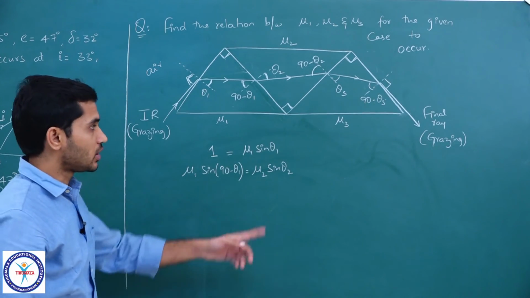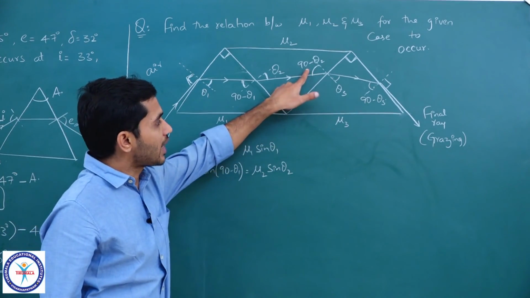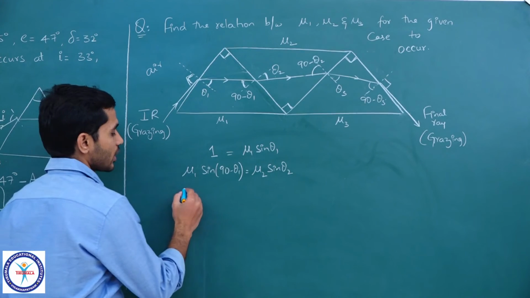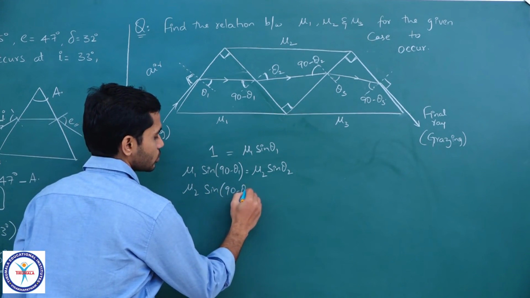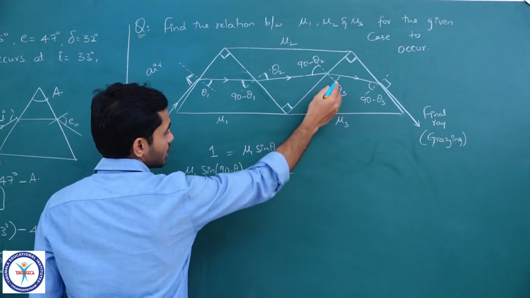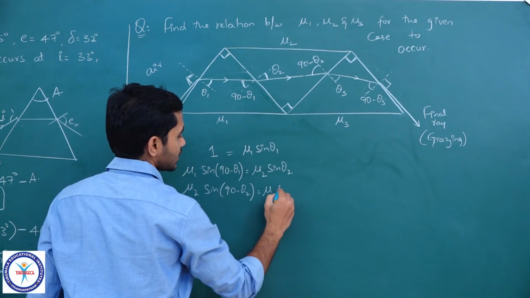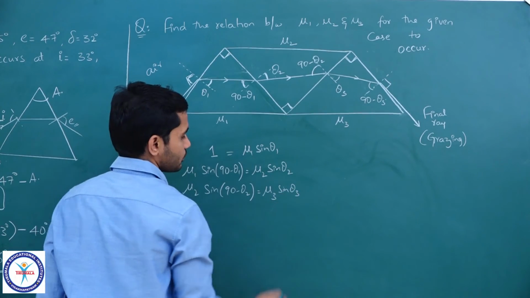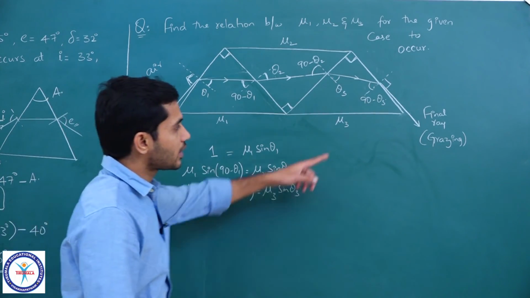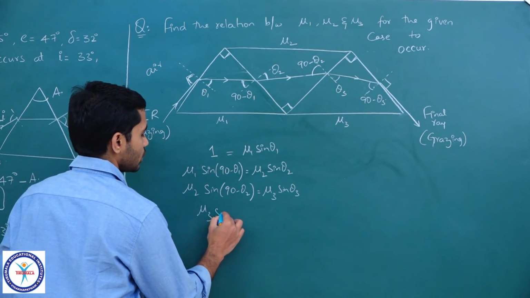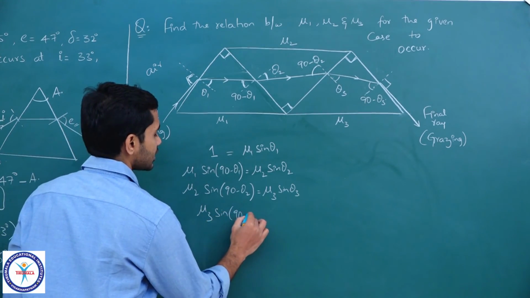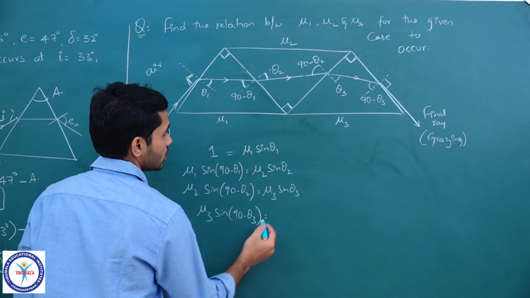Similarly, I will write here now. The angle of incidence is 90 minus theta 2. So, I can write mu 2 sin 90 minus theta 2 is equal to mu 3 sin theta 3, right. And finally, at this surface I can write mu 3 into sin 90 minus theta 3 is equal to,